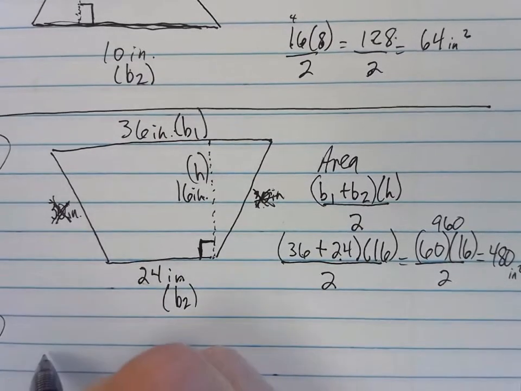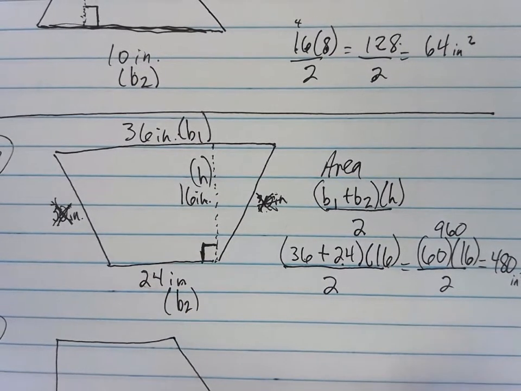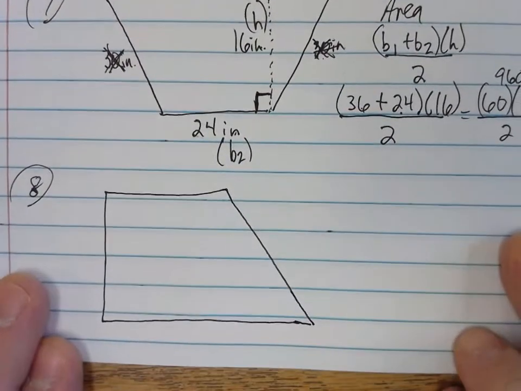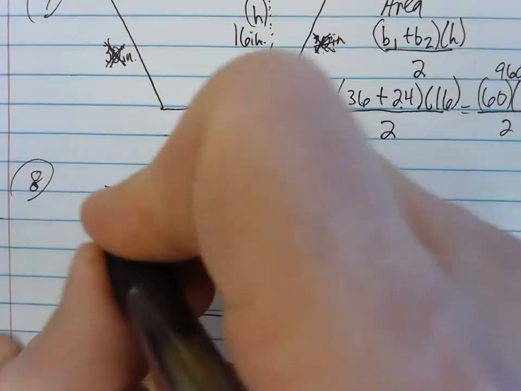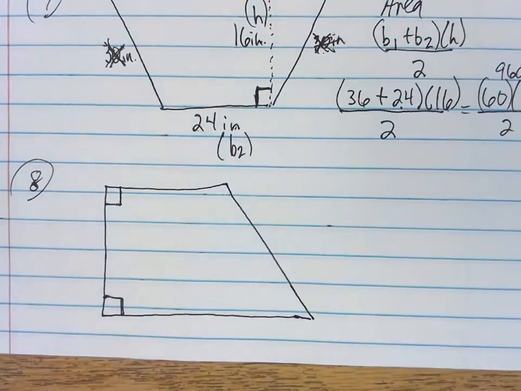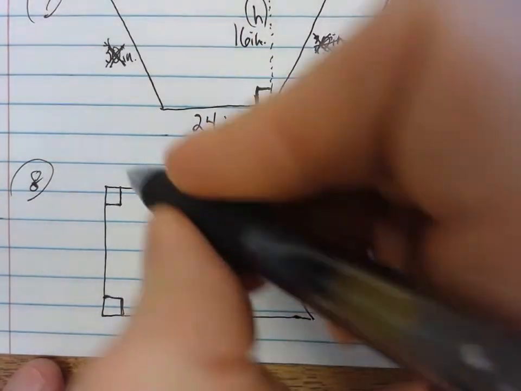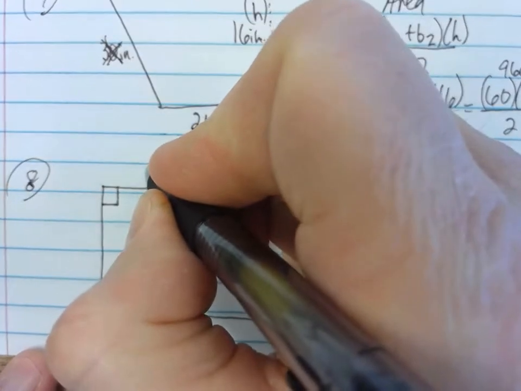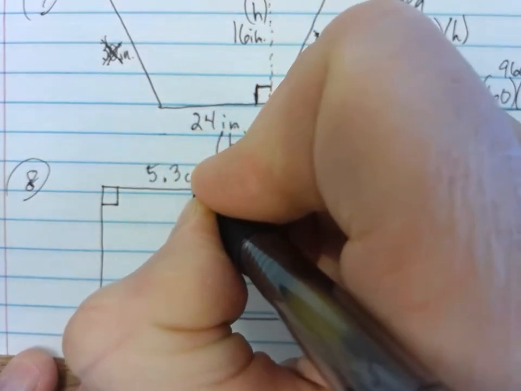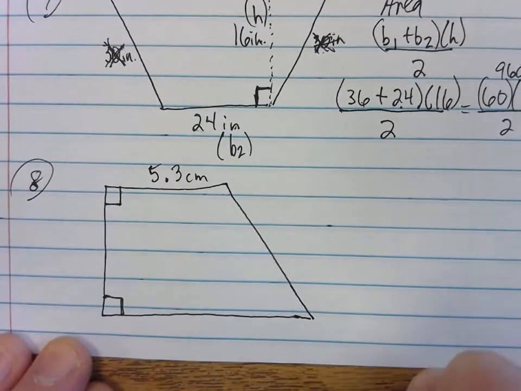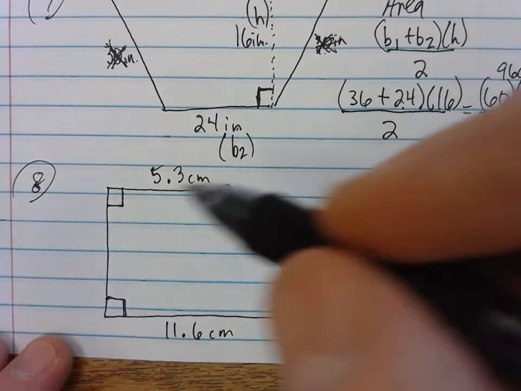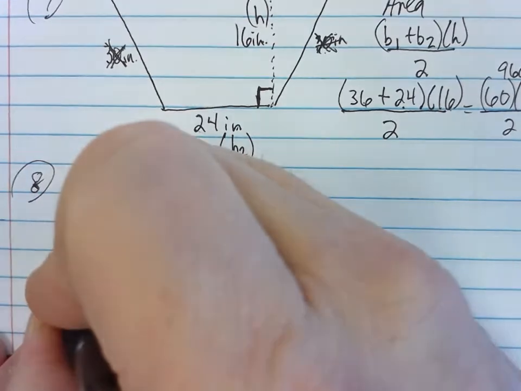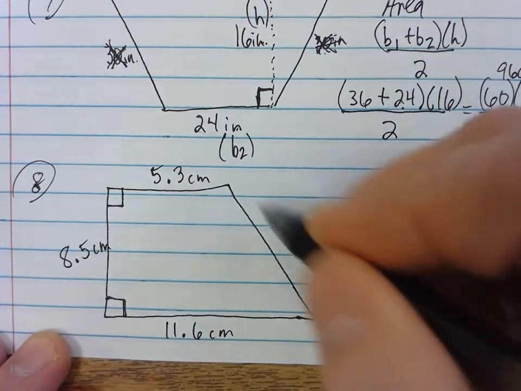So the other version will look something like this. Okay, so some of them only look like that. So let's say we've got a square, we've got a right angle here, we've got a right angle here, because those are both 90 degrees. And then let's do decimal this time. Let's say it's 5.3 centimeters, and this one is 11.6 centimeters, and then let's say we know over here that that would be 8.5 centimeters, and this over here,